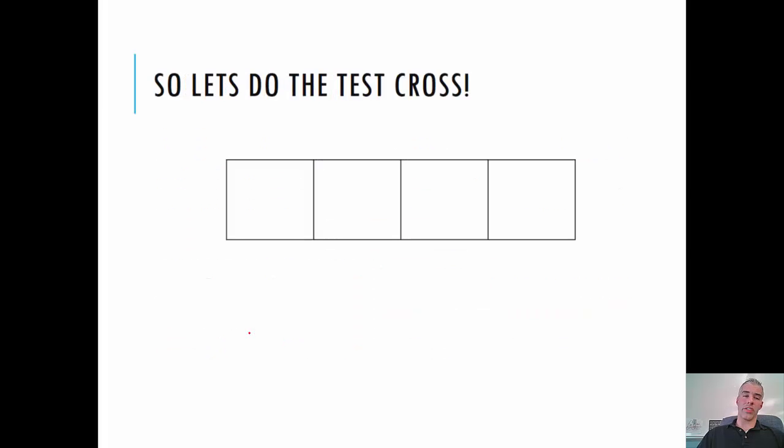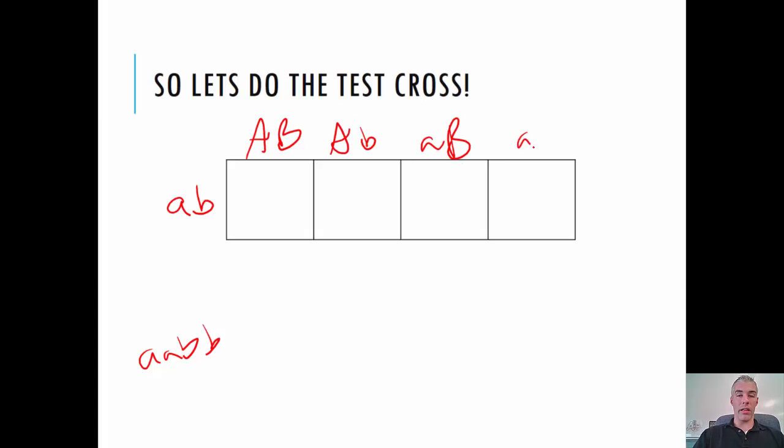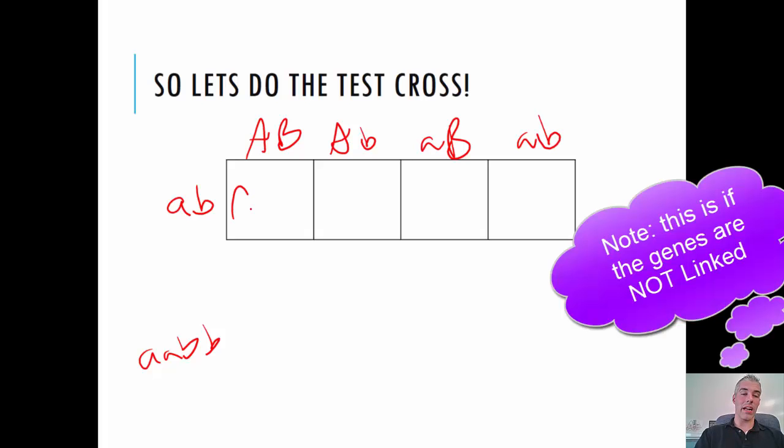So let's do the test cross and see what you'd expect to get. This individual is going to be the homozygous recessive individual. The only thing they can give is a little a, little b, right? Because they're little a, little a, little b, little b, the only gamete you can get out of that is little a, little b. And we said the other gametes are big A, big B, big A, little b, little a, big B, and little a, little b. So what you'd expect to get out of this